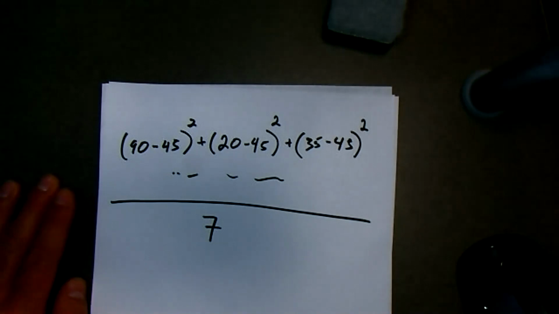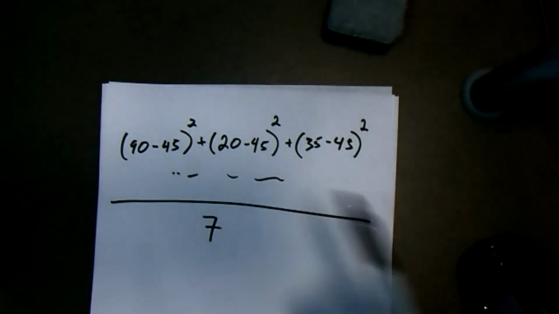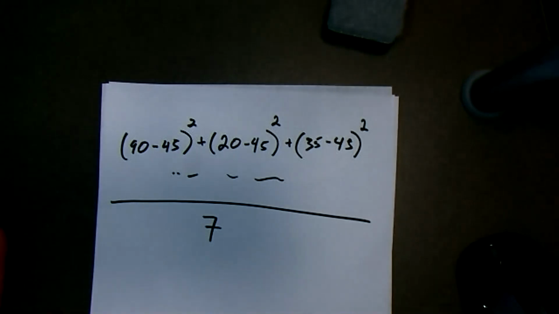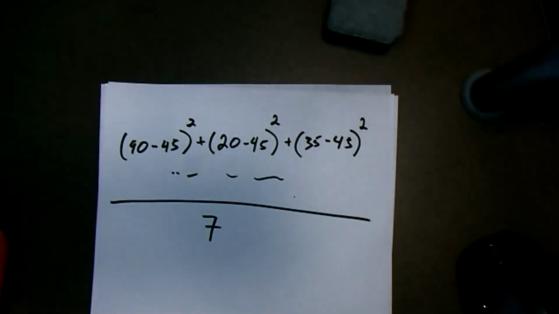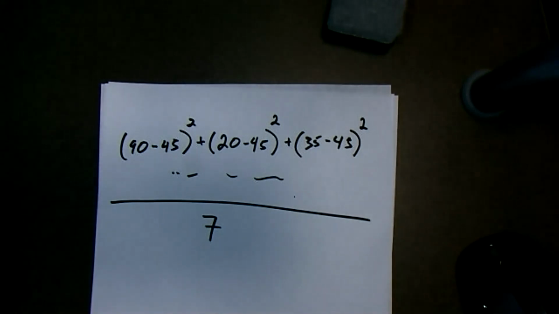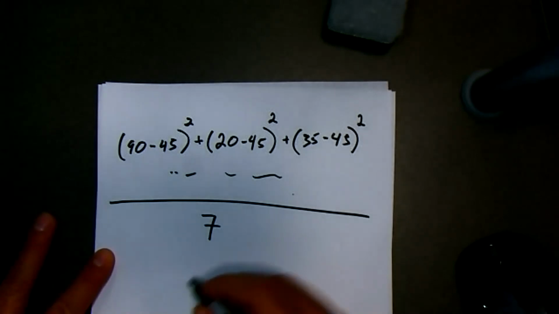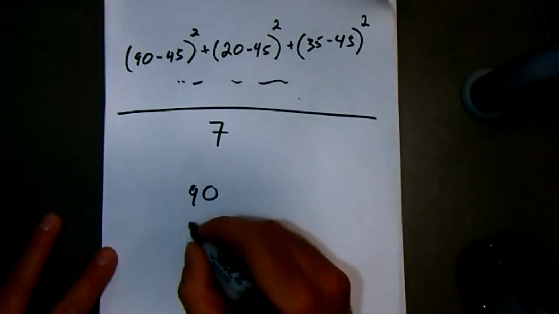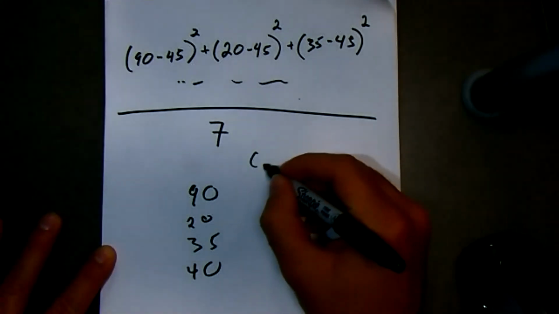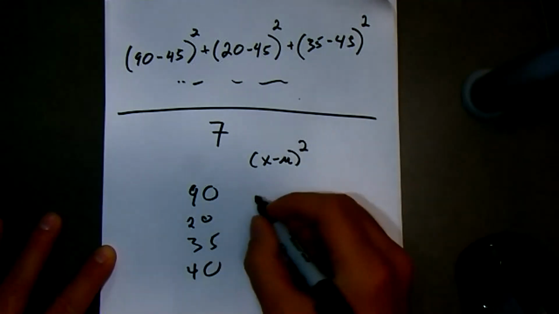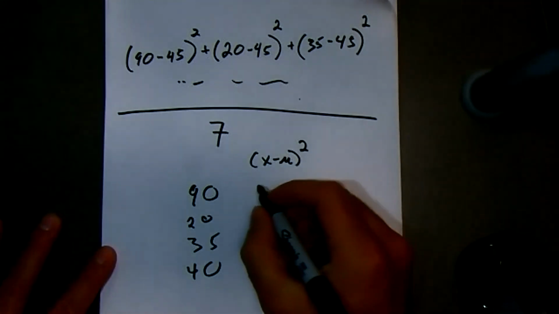Now, personally, I think writing it out this way is okay. If you're really comfortable with a TI-84 or whatever kind of graphing calculator you have, you can get this all entered in pretty easily on a calculator like that. But if you have a smaller calculator, where you can't put in a lot of these parentheses and see everything you typed in at the same time, I would just use the method where, with all the observations here, I write down 90 minus 45, square that, and do that in my calculator once.